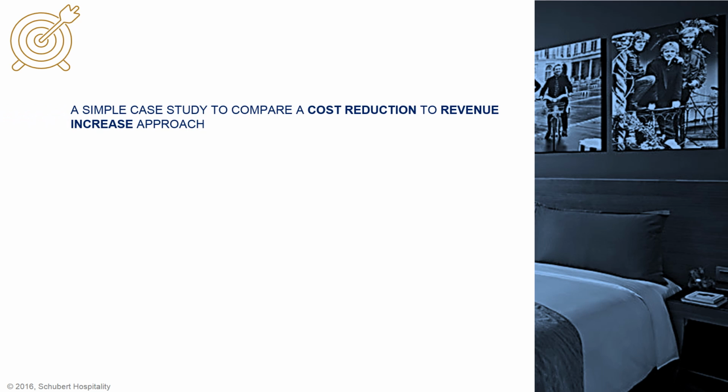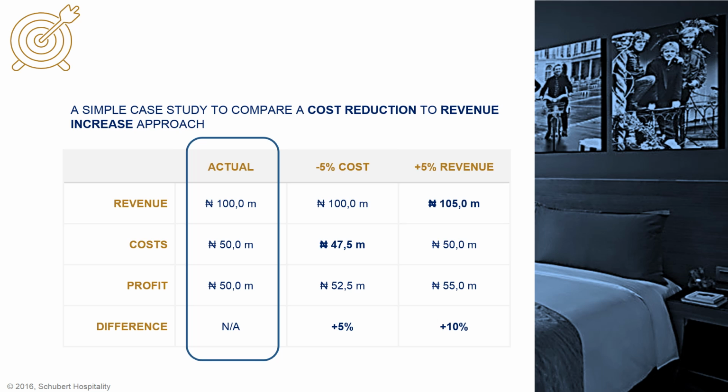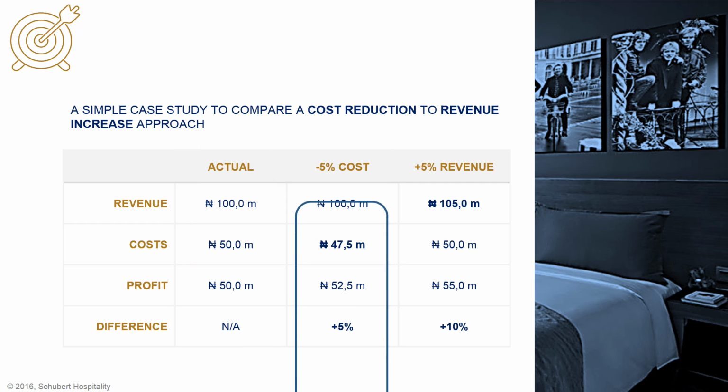Let us take a simple case study as an example of a hotel. The actual revenue for the hotel for last year was 100 million naira, and the costs were 50 million naira. Now this meant that the actual profit achieved was 50 million naira. Now let us say that the hotel had the same revenue of 100 million naira, but did its level best to reduce the cost by 5%, or 2.5 million naira. Now if this was done, it would have reduced the hotel's cost by 5% and improved its profit by 5%